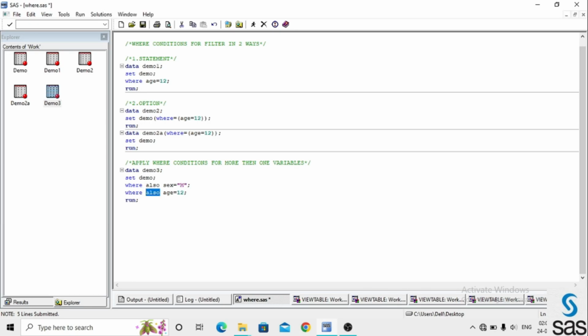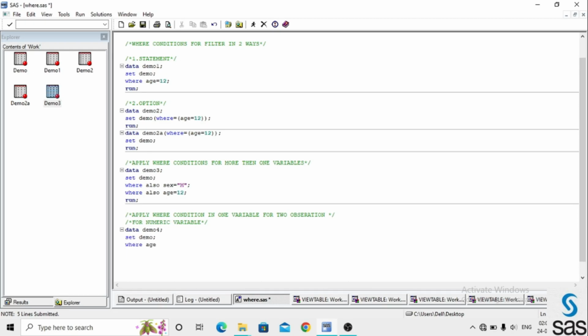Okay, now we can apply the where condition on one variable for two observations, and on both numeric and character. First on numeric: name the dataset demo4 and set demo, and where age in. Here we are using the in operator, 12 comma 13.